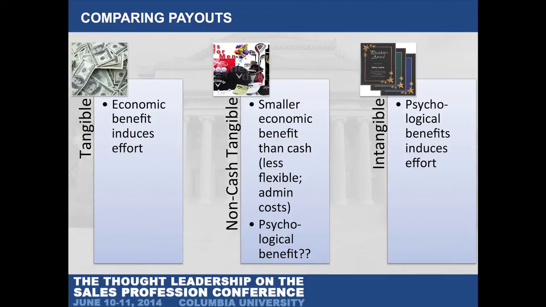Through psychological benefits, they feel status. I'm the salesperson of the year. If you've ever seen that movie Des Moines, you know what I'm talking about. It's great. There are any number of movies about salespeople, and most of them work off the status and peer recognition things that come with these intangibles. But the problem is, almost any argument you make for a non-cash intangible would tend to be trumped by one or the other. It's sort of like if A is better than B, why not do A? And if B is better than A, then why not do B? But why do something that's neither A nor B, okay?